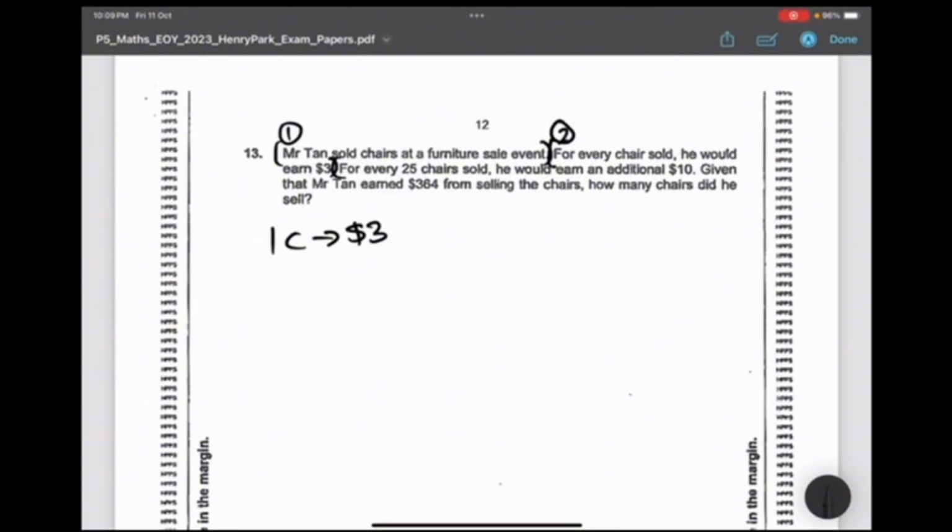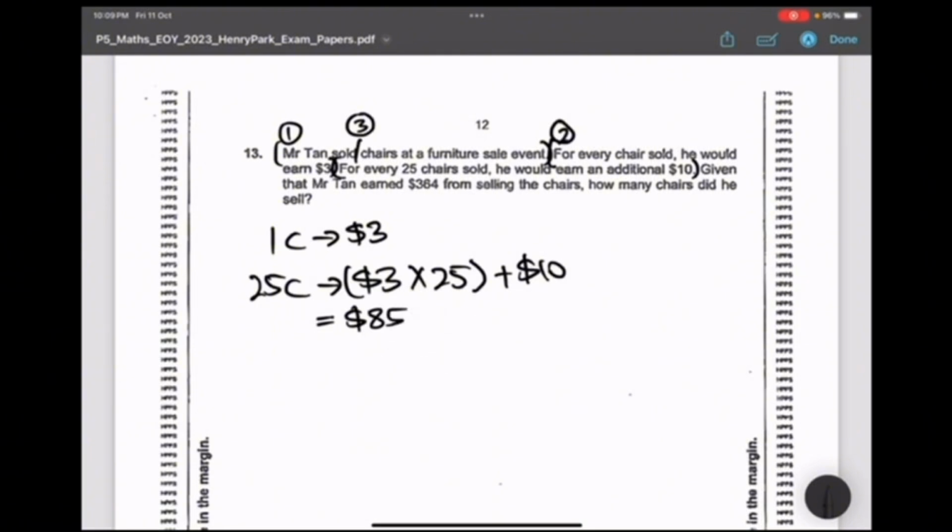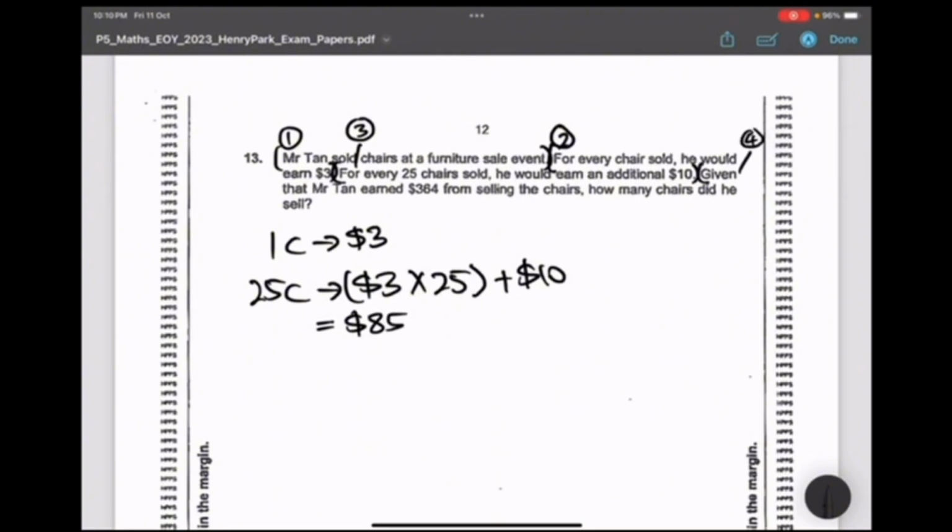Right, sentence number 3. It says, for every 25 chairs sold, he would earn an additional $10. So when he sells 25 chairs, he will earn $3 times 25. But there will be an additional $10. Okay. This would give me $85. Moving on to sentence number 4. It says, given that Mr. Tan earned